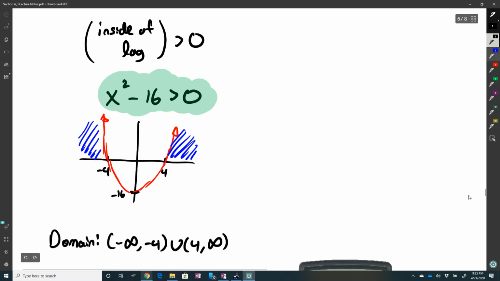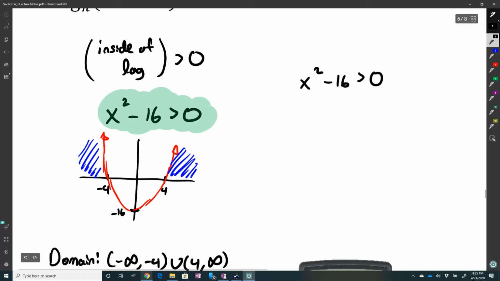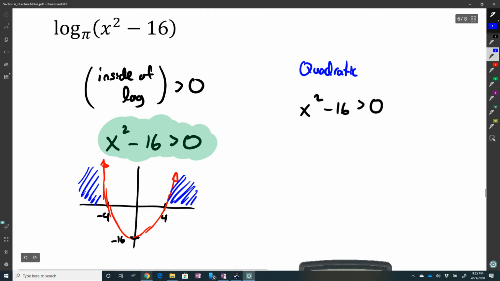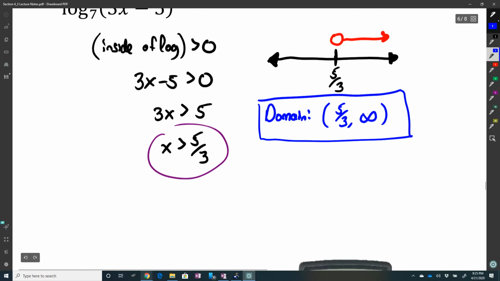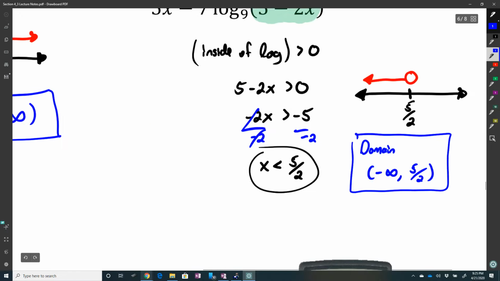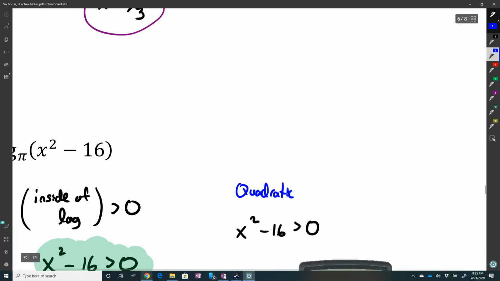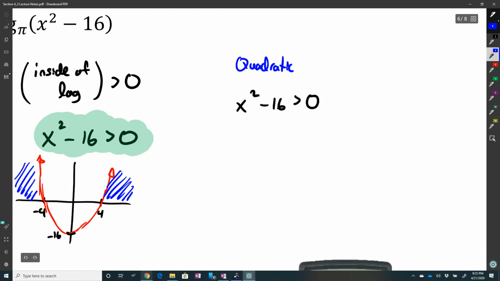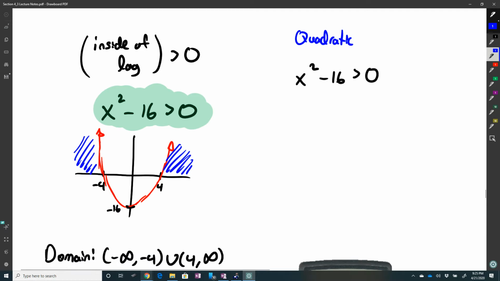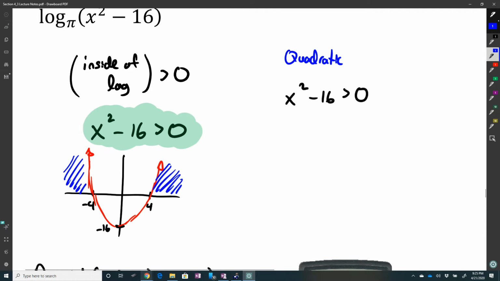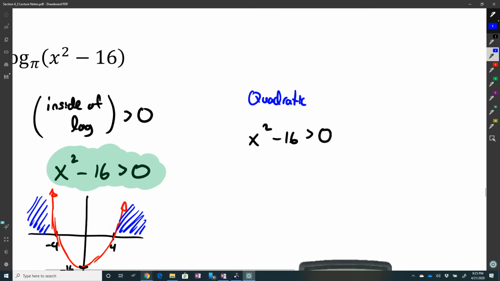The other way to do it is this: x squared minus 16 greater than 0. Notice that this is a quadratic. I can't solve it like I did the other two. The other two were linear, so I just moved terms around and got the x by itself. Here, I can get the x by itself, but it doesn't mean anything. What we do instead is if you have a quadratic or anything that's not linear,